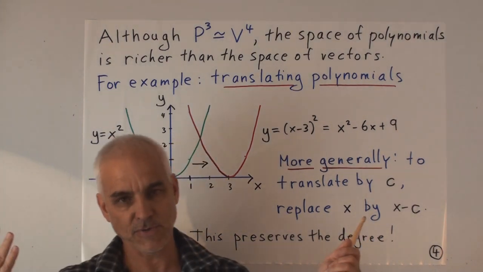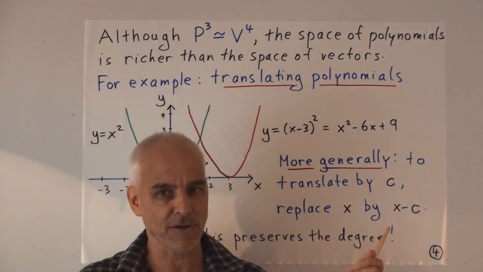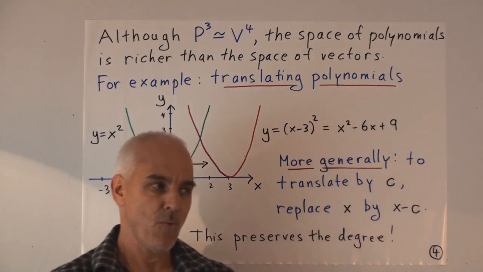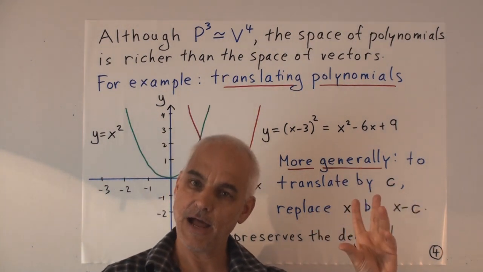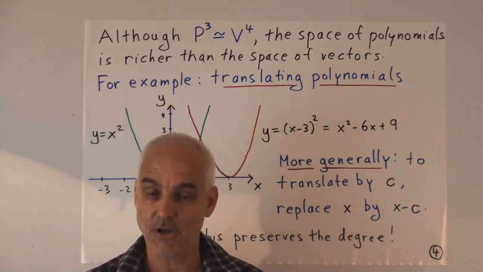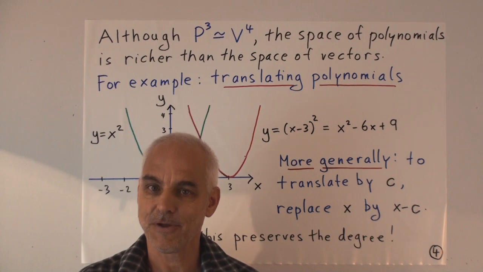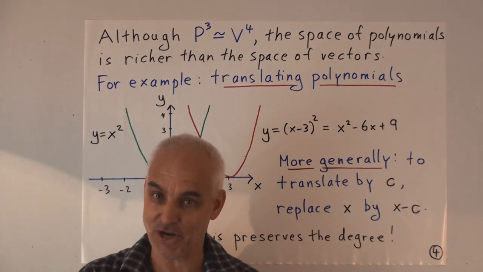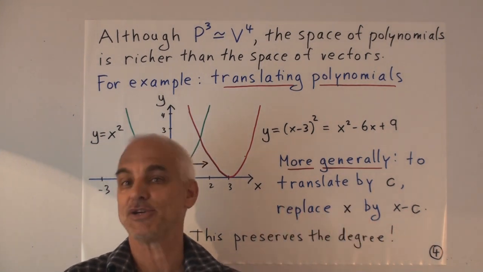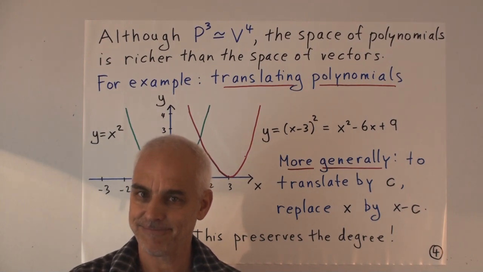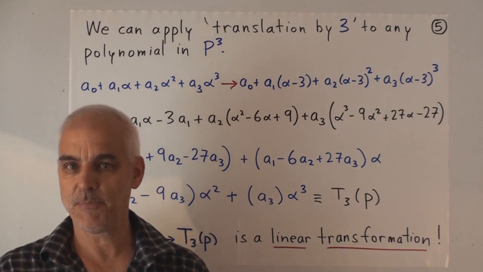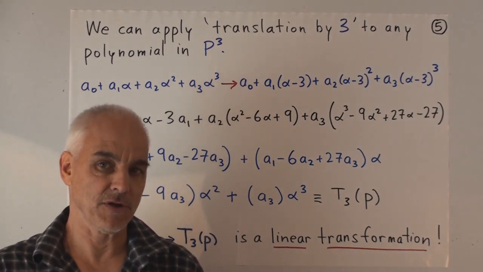So a natural question is, well, suppose we think about this translating by 3 operation. Input a polynomial, translate by 3, you get a new polynomial. What does that look like when we think about it at the level of this linear space, this four-dimensional space of vectors? What's happening there? Well, we're getting a linear transformation. So translating by 3 corresponds to a linear transformation of our four-dimensional space. Let's have a look. Okay, we're studying translation by 3, acting on the space of polynomials of degree 3 or less.